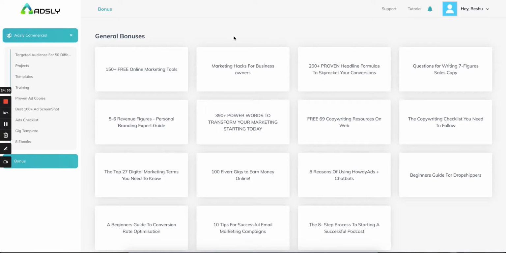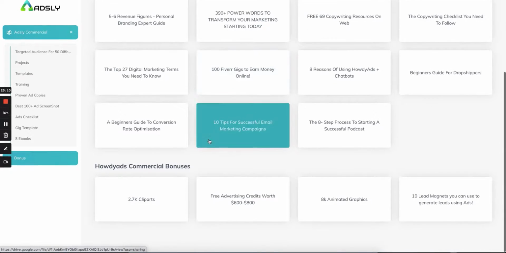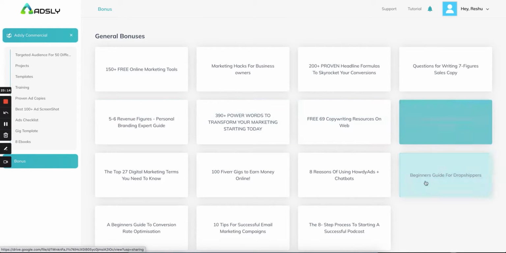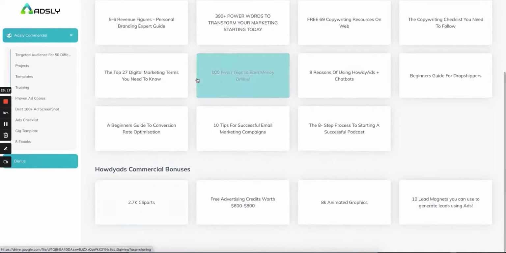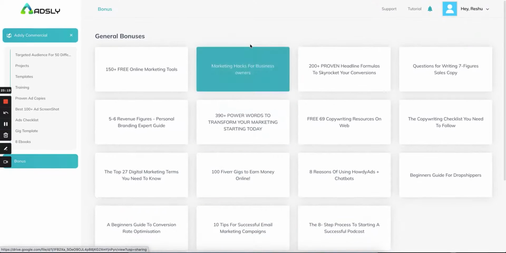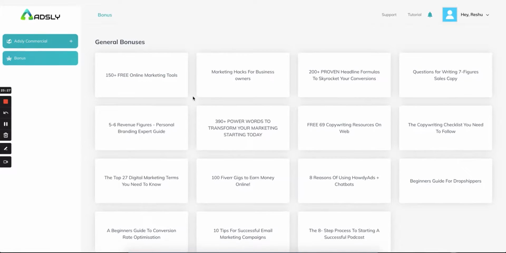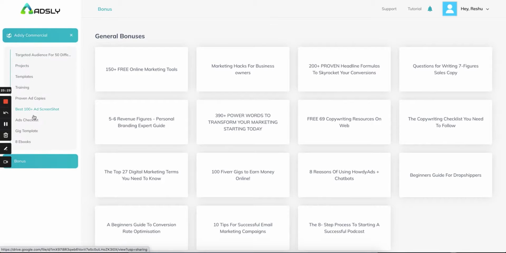It also has a project management system in the upsell which helps you to share your template with your customer, take their feedback, make corrections according to the feedback, and then finally deliver it. It also helps you to share your template with a co-Adsly user or with a new user so that they can see the work you have done, and if they want they can edit the template and use it for themselves. So Adsly has a lot of features in the upsells. This was just the commercial license for you.